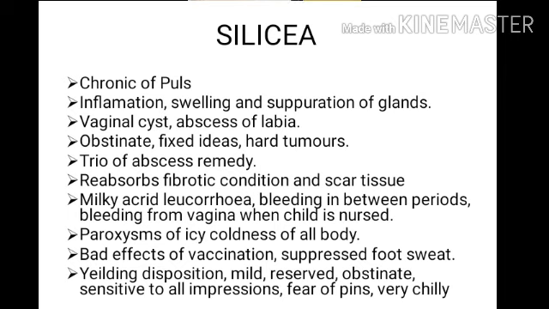We have seen that only 4 medicines are there in Kent's repertory for this particular condition, Bartholin cyst. Two of them are Pulsatilla and Silicea, and Silicea is the chronic of Pulsatilla. So we can consider Silicea as a medicine for Bartholin cyst, or we can give Silicea after Pulsatilla. If we give Pulsatilla for Bartholin cyst, sometimes Silicea is needed to complete the cure, because Silicea is the chronic of Pulsatilla. And what are the indications of Silicea, or what is the pathology of Silicea?